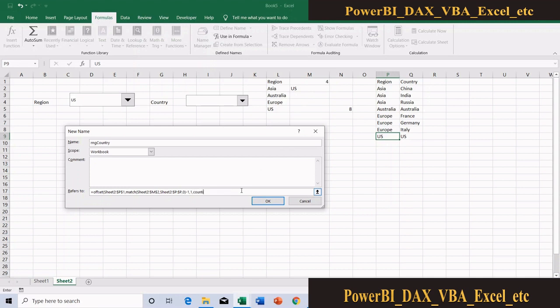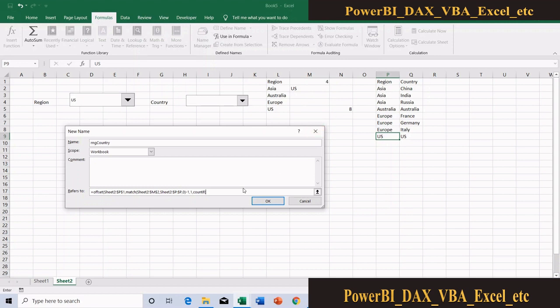COUNTIF the number of regions. If I am selecting US here, I am just counting how many US entries there are. If I am selecting the region Europe, I need to count how many Europe entries there are. If I am selecting Asia, I need to count how many Asia entries there are in this region portion.